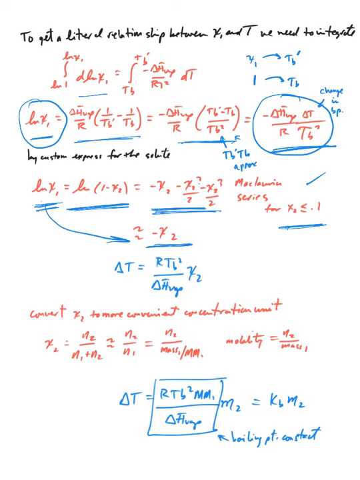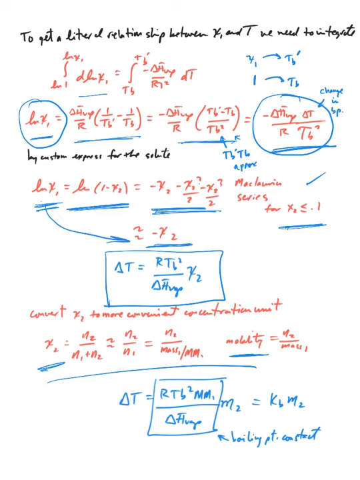So now we have a new expression that I've written in blue here. I've rearranged this so that the change in boiling point is on the left, and on the right-hand side are a jumble of terms times basically the concentration of the solute. Now, a mole fraction is not the most convenient concentration unit, and maybe some echoes of Chem 122 are coming to you now. The most common concentration unit we use for colligative properties is molality, and so that little derivation is here. How do I convert mole fraction of the solute into molality? Well, I do that for you here, and finally in blue, I get basically the boiling point